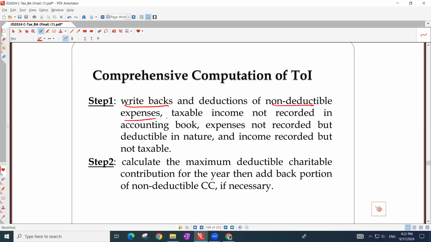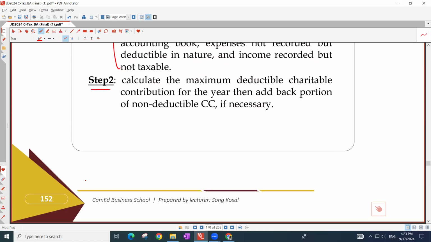And then we calculate step 2. That's the first step, first part. Step 2, we need to calculate the maximum deductible charitable contribution for the year, then add back the portion of non-deductible charitable contribution. We can claim a deduction of 5% of profit, excluding charitable contributions. Okay, and step 3,